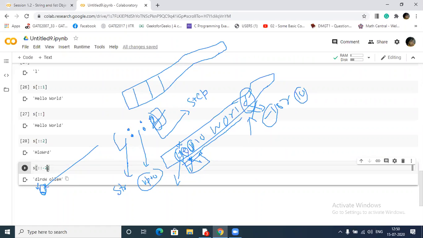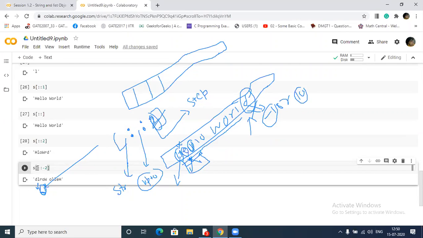We have three parts: this first part, this second part, and this third part. Whatever we pass in the third part is called the step size. This part is the step size, this part is up to where you have to go, and this part is from which point you have to start.